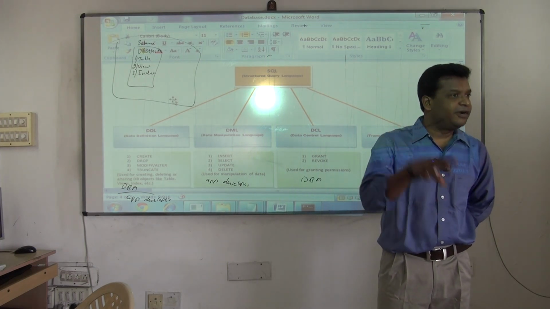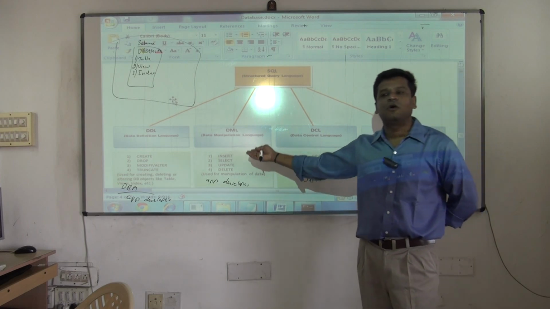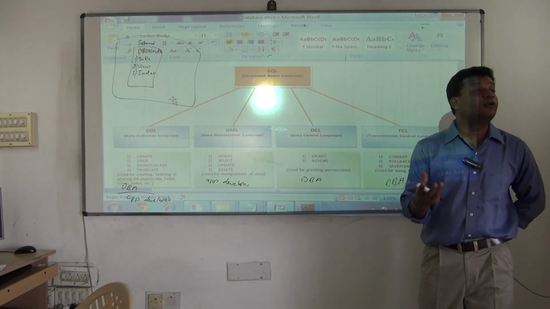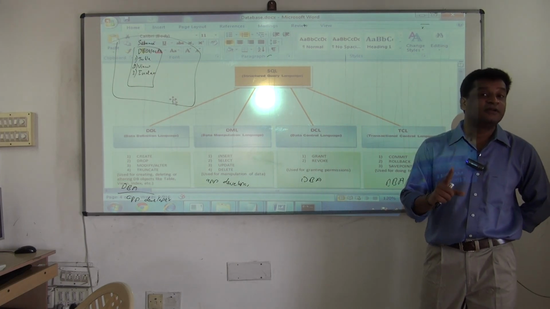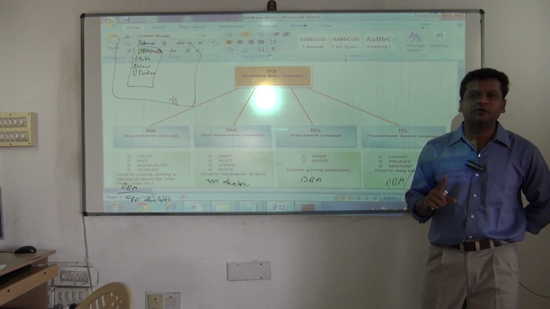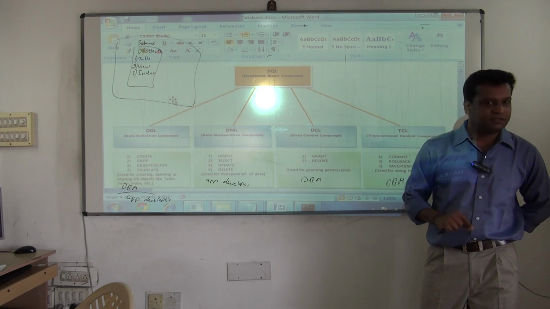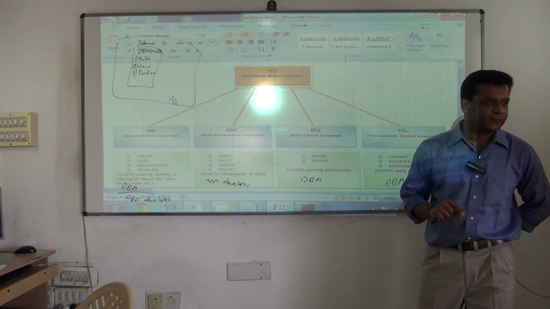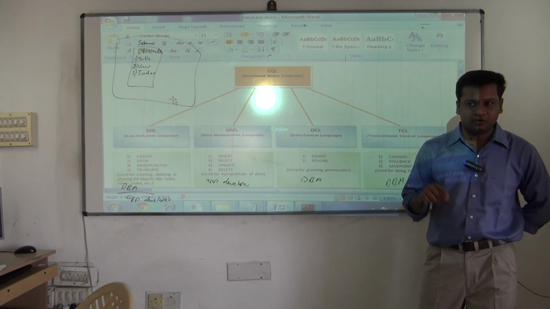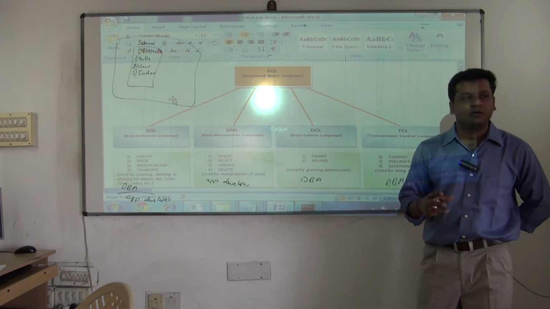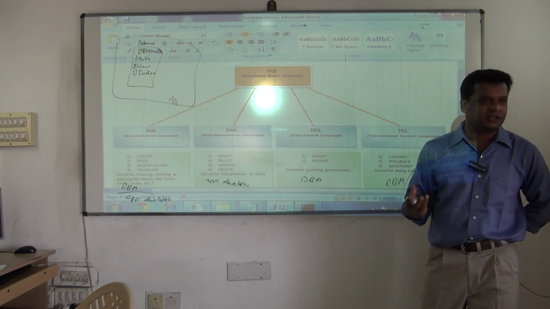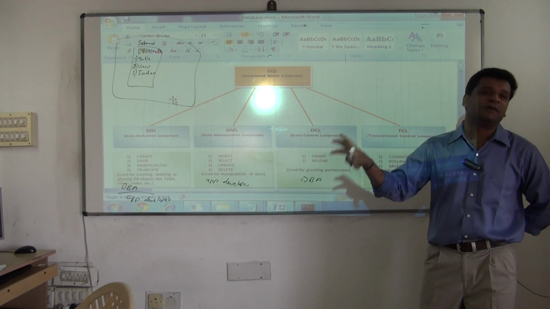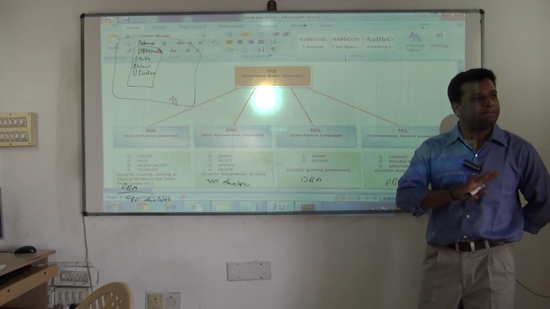Only if you have a good solid answer for that, then you can do CRUD operations on all the tables very easily. If you don't know why so many tables are there, how will you do it? See, right now you're doing CRUD operations on a single table. But later on you have to do what? CRUD operations on multiple tables. So your definite first question is: why are so many tables there? So I have to justify it. For justifying that, that's why I'll be teaching you how to create tables now. And once that is done, I'll be showing you how to do CRUD operations on multiple tables. And when that is done, the backend is over.